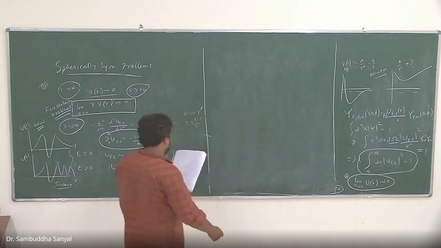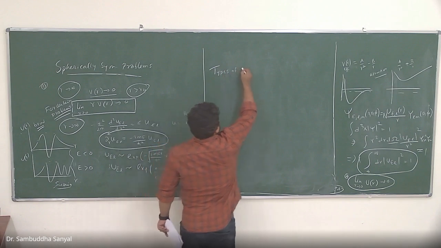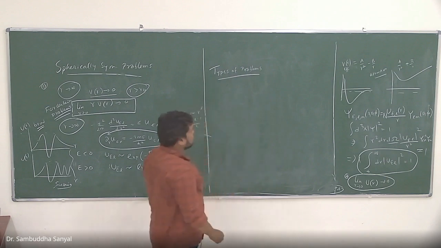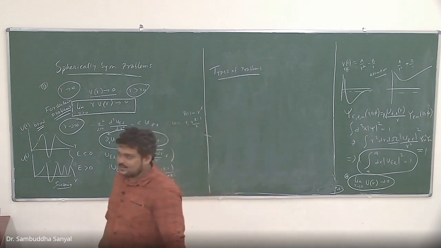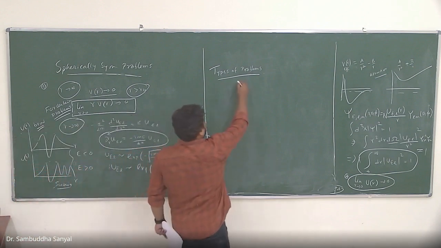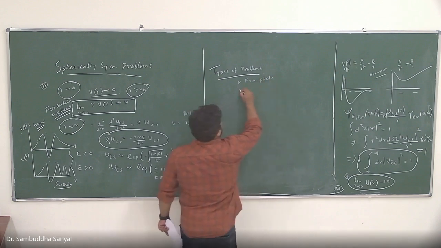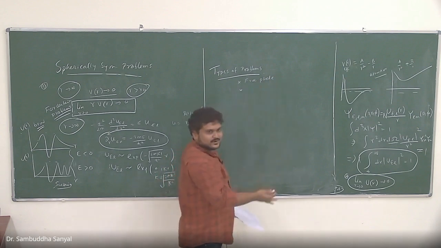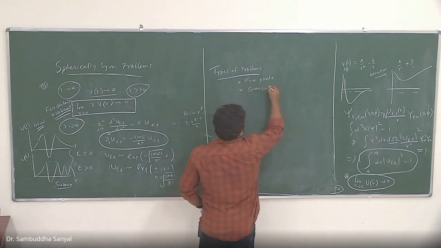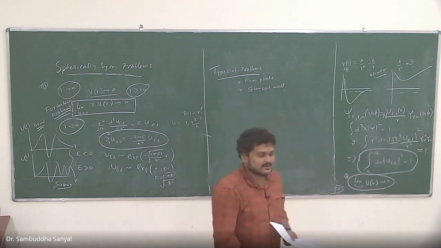Okay, so now let's talk about some types of problems. This is a spectrum of all the problems that generally fall in this category and are usually taught in a master's level course. So one is of course the free particle. Free particle means the V is 0 or constant. Then all the problems we did so far, same thing. Spherical well, which means it's 0 in a sphere and infinite outside.